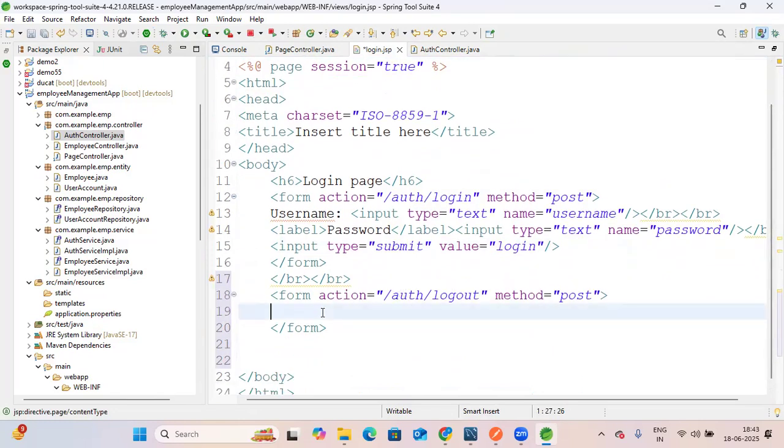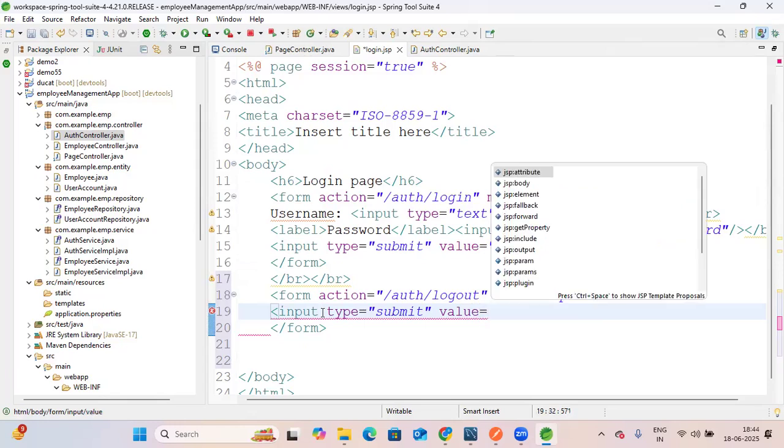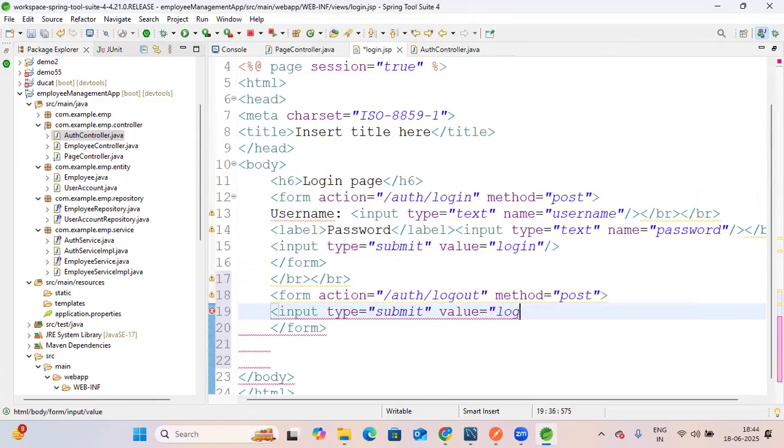Now I will write an input, with type equal to submit and the value equal to logout, and it will basically close. Submit, the value equal to logout. In this way,